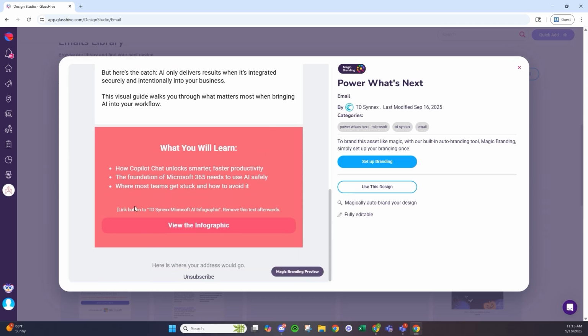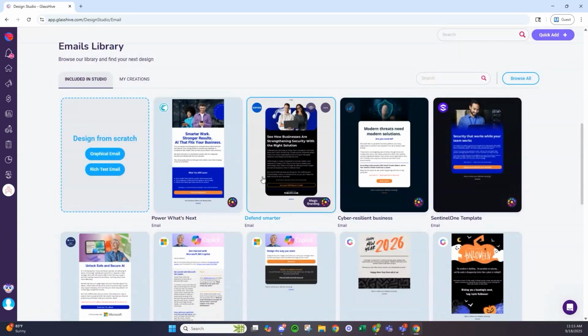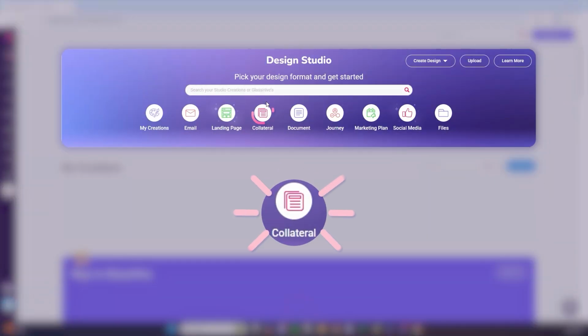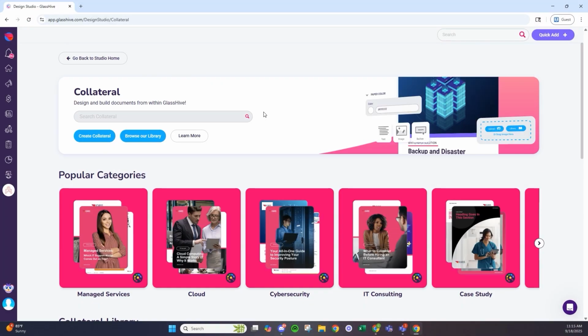Within that, what's really neat about this is not only on our content do we have the emails ready for you, we also have your assets. So you'll see right here, link button to TD Synnex Microsoft AI infographic. So of course, we want to go get that and link it, as that's the marketing plan in this case. So hey, go back to Studio Home, and we're actually going to head over to our collaterals, because that's